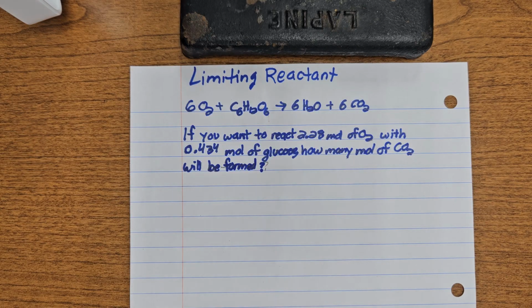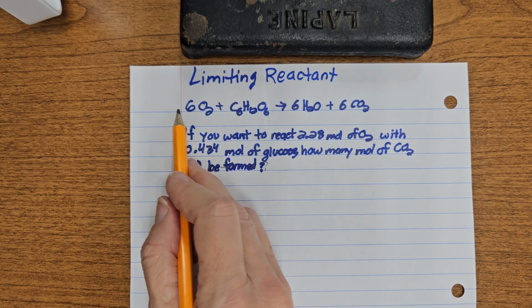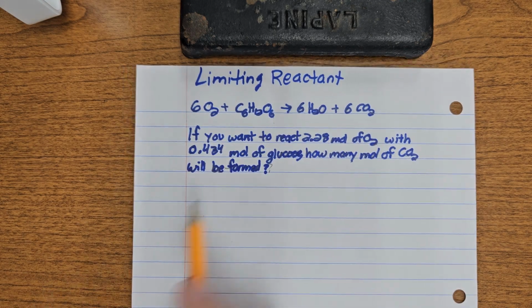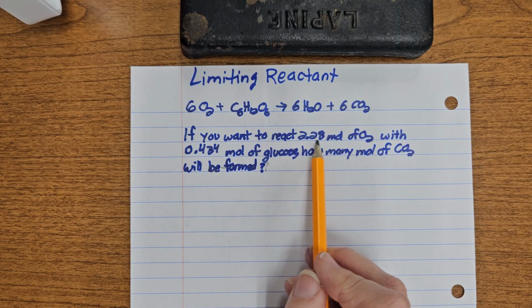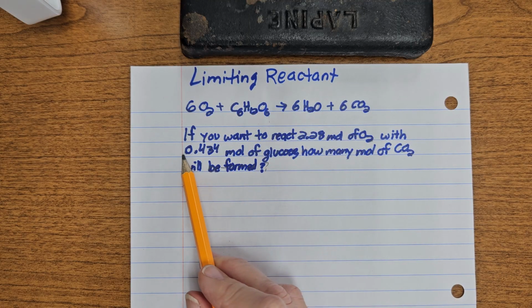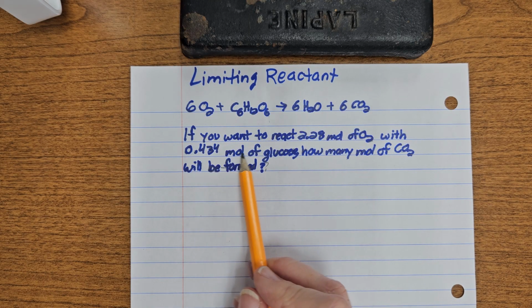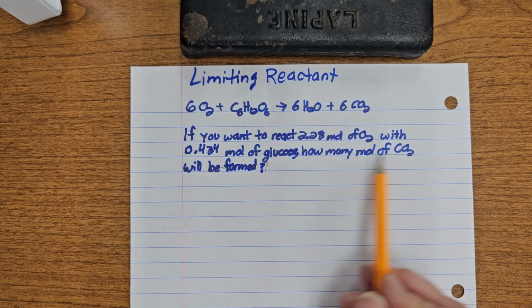Hello everybody. This is a video explaining how to calculate limiting reactant problems. And I have an example problem here. We have the balanced equation. If you want to react 2.28 moles of oxygen with 0.434 moles of glucose, how many moles of carbon dioxide